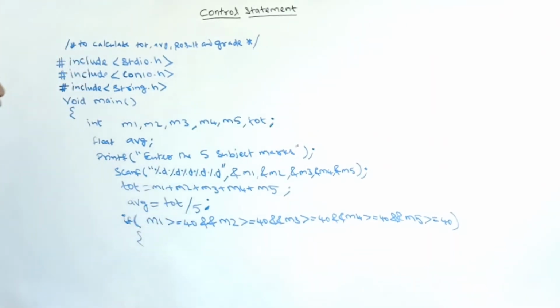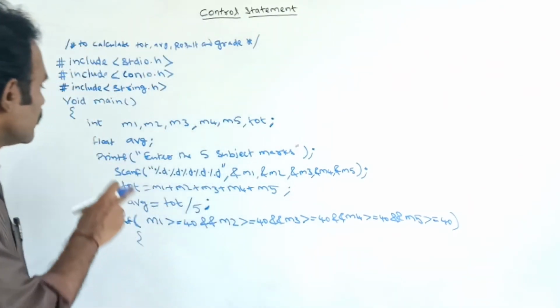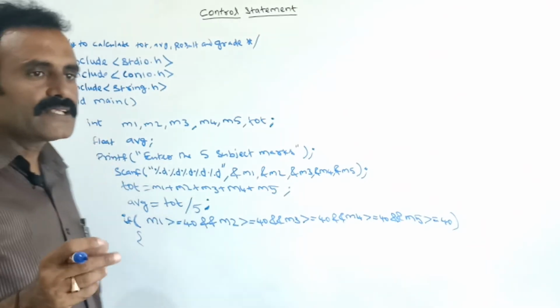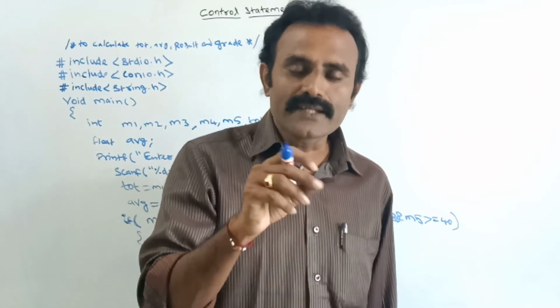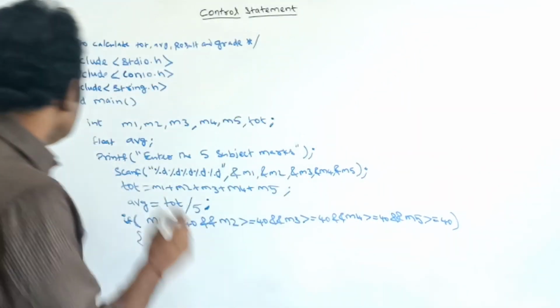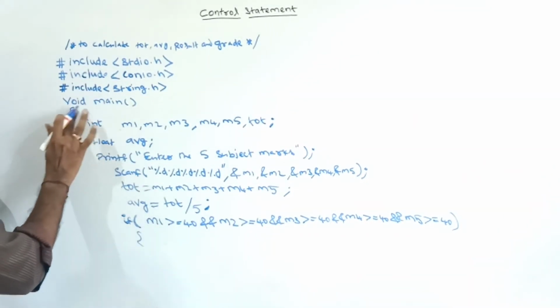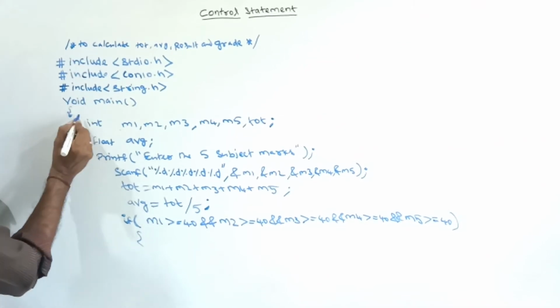Say here I need to declare the variable for result. Here I didn't declare the variable for result. Result means here we are storing some alphabetic letters only. So we should declare that result variable in character data type. So here I am using character.